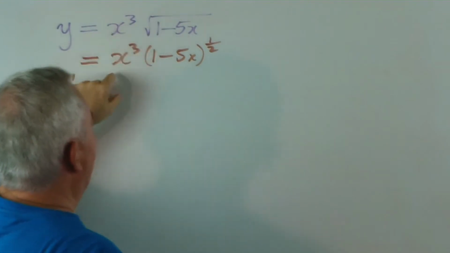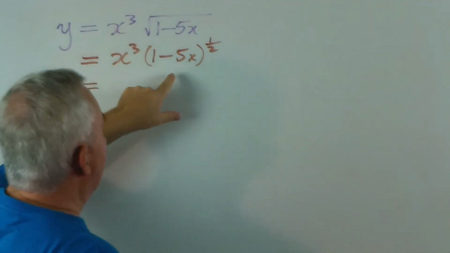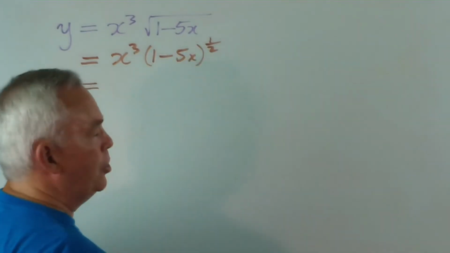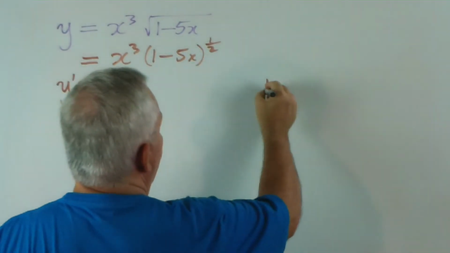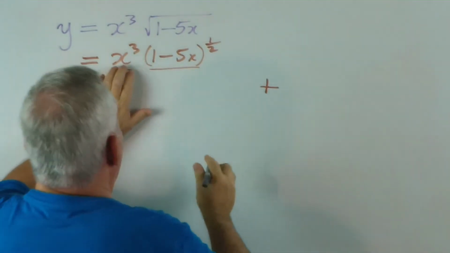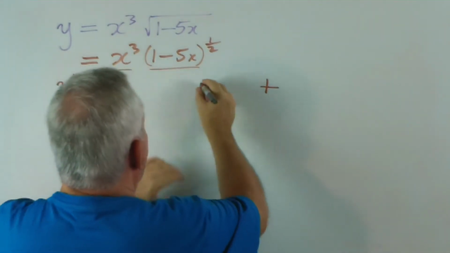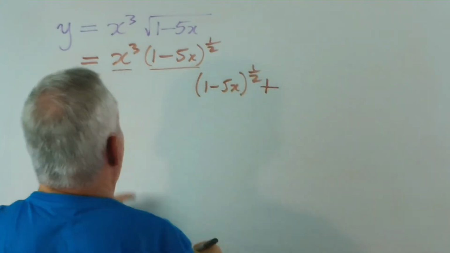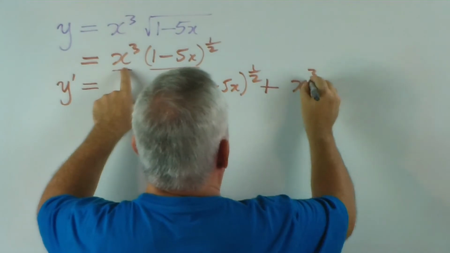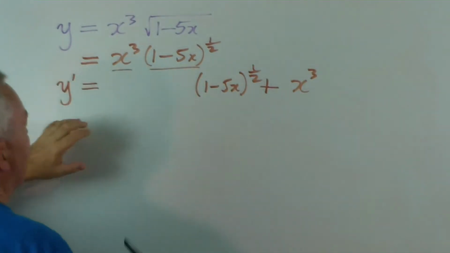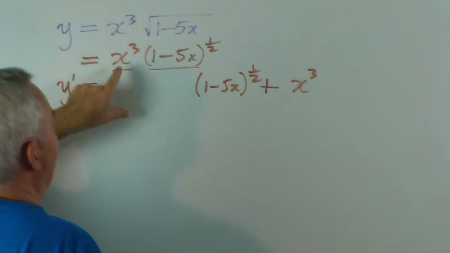This is a nice straightforward little expression here, but this one involves a function of a function. So we're going to do a chain again. Being a product of two things, we're going to have two parts. This time, the derivative of that times this, and then this times the derivative of that. So I've left gaps for what I need. Let's put in the derivatives. Derivative of x cubed